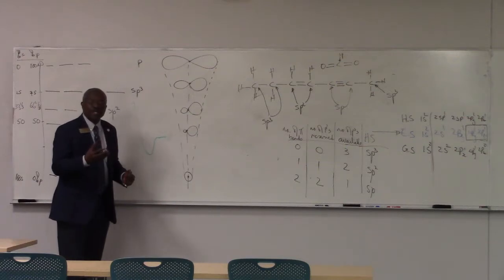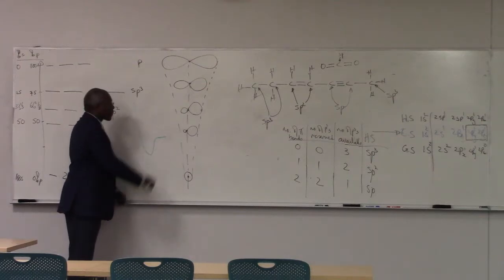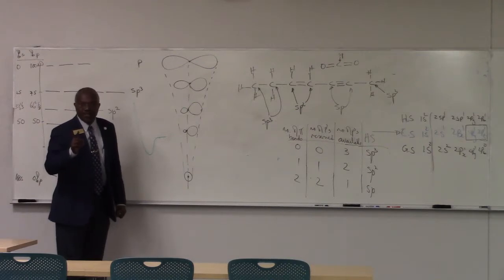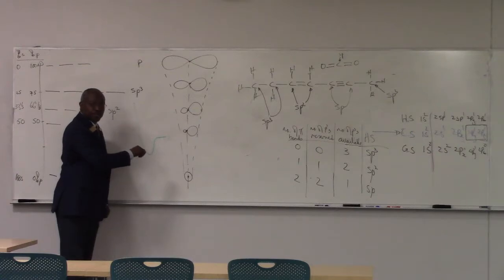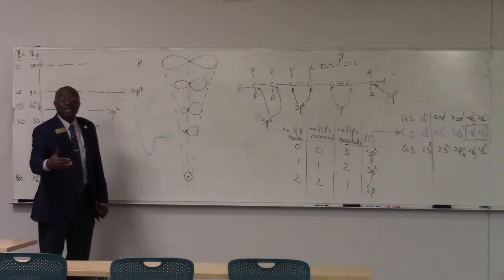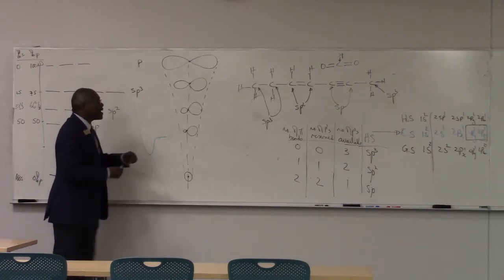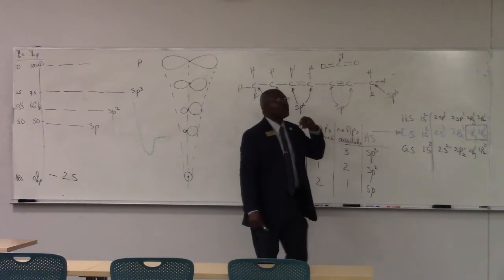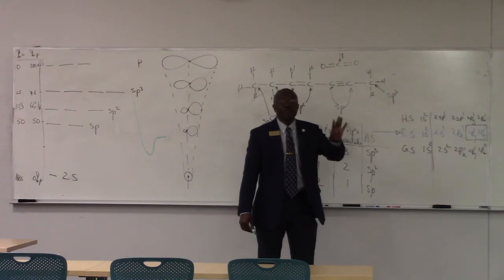What does a strong bond mean? A strong bond means it doesn't break easily. I've got to put a lot of energy in to break it. That's what a strong bond is. But it also means that a lot of energy is lost in its formation. So the stronger the bond, the more stable is the system. Right? So it's better to form 4 medium strength bonds